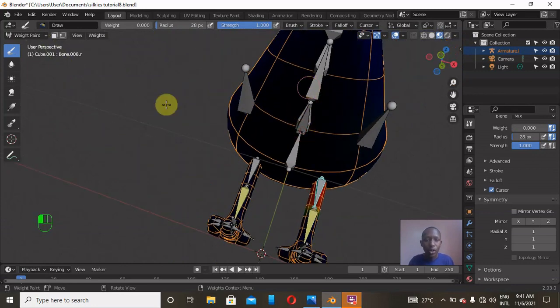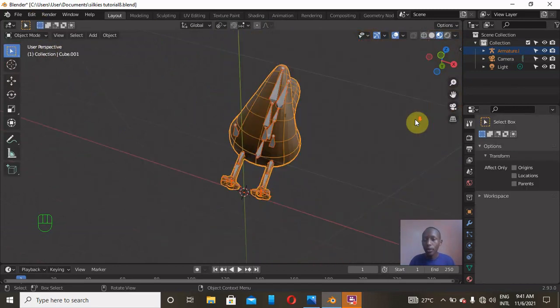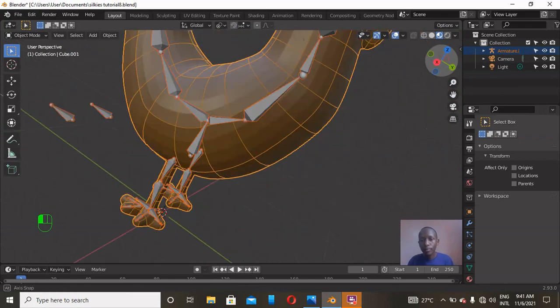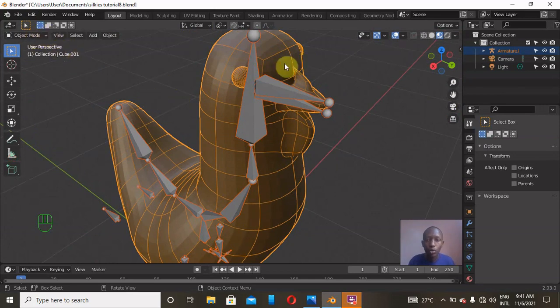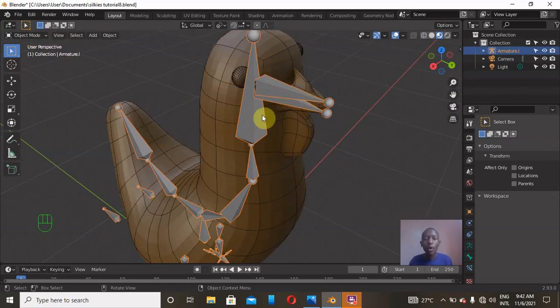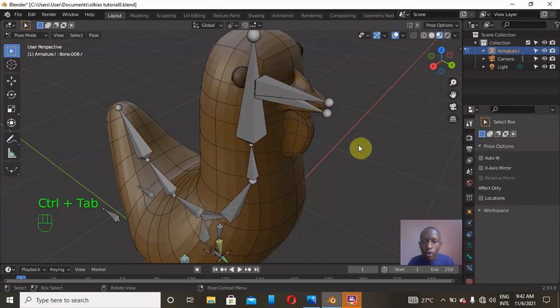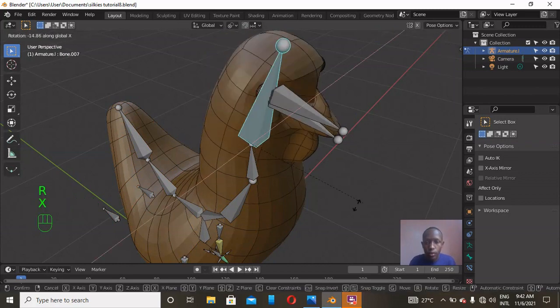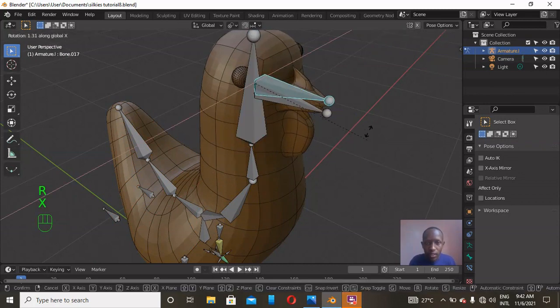So we shall now go back to object mode, like this. And we can test our mesh. You can go ahead and correct all these by first clicking on the bone or on the rig, and then shift click on that. So click on the bone and control tab to go into pose mode. We can test maybe on this one, R X, to see. Yeah, it's okay. What about this one? Is it still affecting the eyes? Yeah, it's affecting the eyes in a very minimal way, not compared to how it was initially.